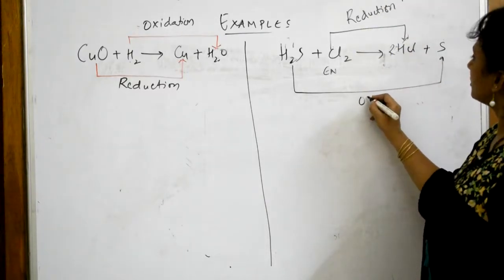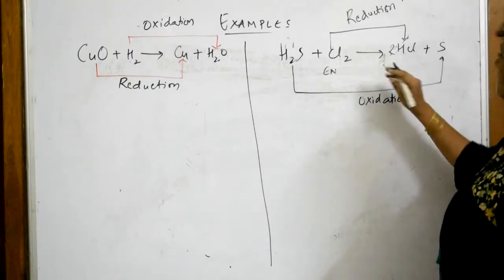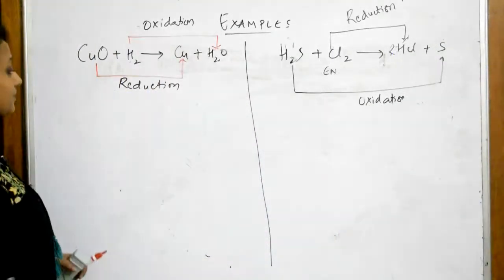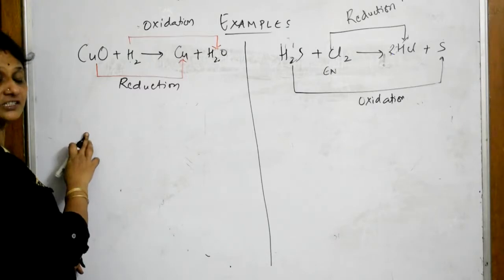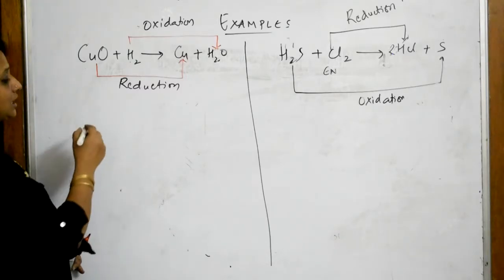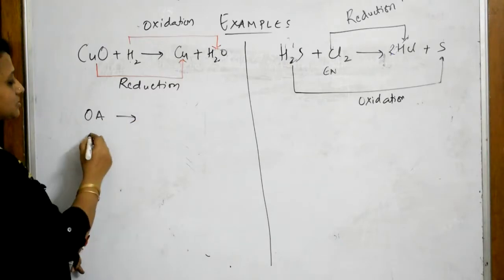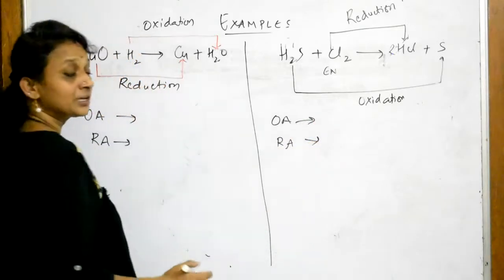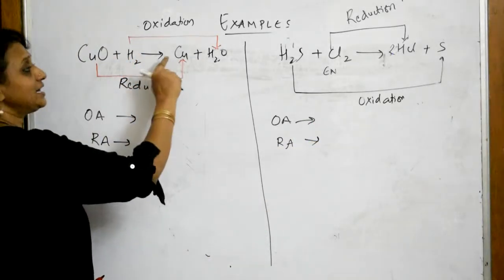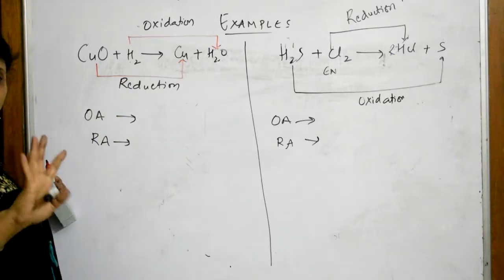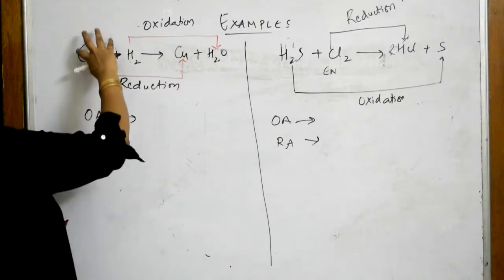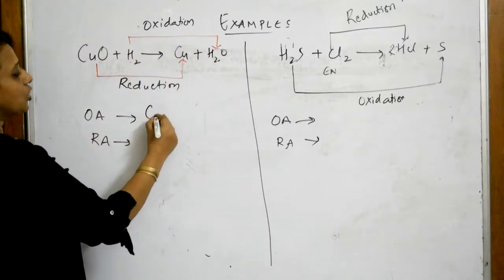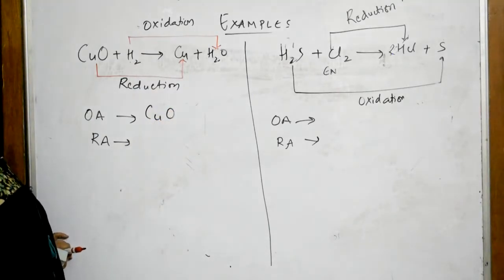If this is reduction, automatically this is oxidation. Because hydrogen is added, I wrote it as reduction. Now, let us write the important thing. The substance which is acting as an oxidizing agent. Now I should know oxidizing agent, reducing agent, OA, RA. The substance which provides oxygen for oxidation, which is losing, is copper oxide. It is losing, isn't it? Initially it was there, and now it was not there. That's why copper oxide is nothing but the oxidizing agent.